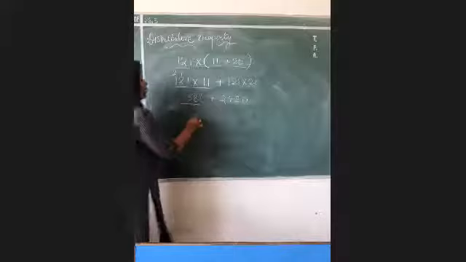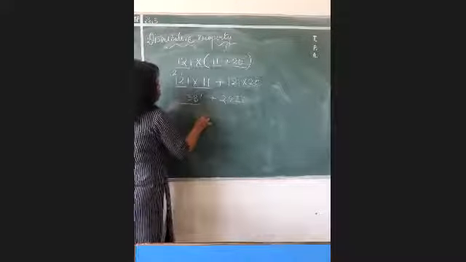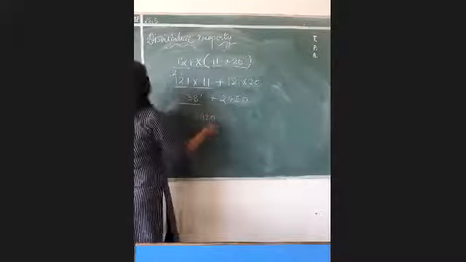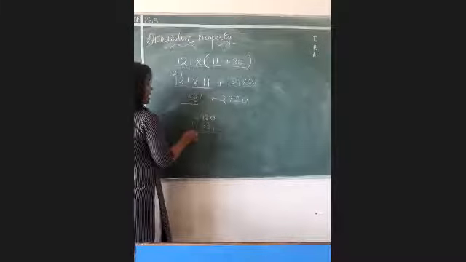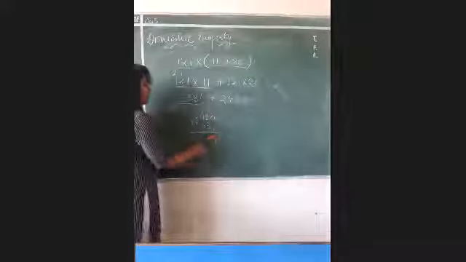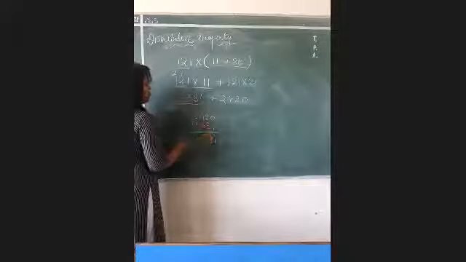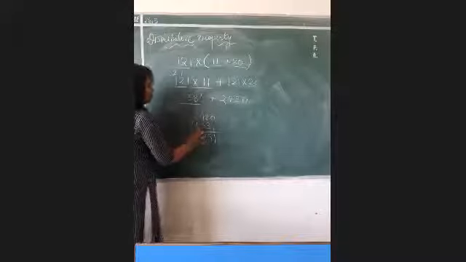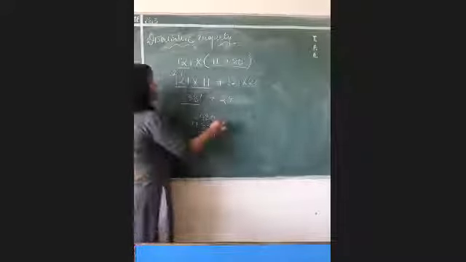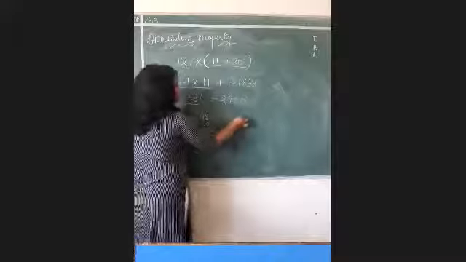Now we will just add it. 2420 and you will add 1331. Now let us add this. It will give you 1. 2 plus 3 will give you 5. 4 plus 3 will give you 7. 2 plus 1 will give you 3. So the correct answer is 3751. Finished.